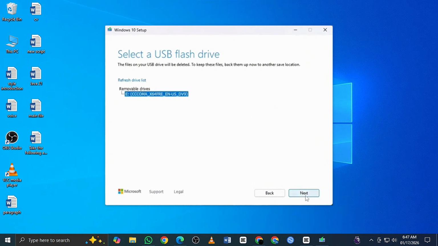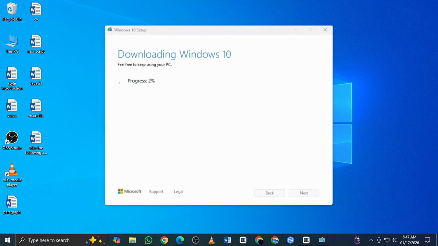The tool will now download Windows 10 and turn your USB into a bootable installation drive. This step may take some time depending on your internet speed, so be patient. Once the process is finished, safely remove the pen drive and plug it into the computer where you want to